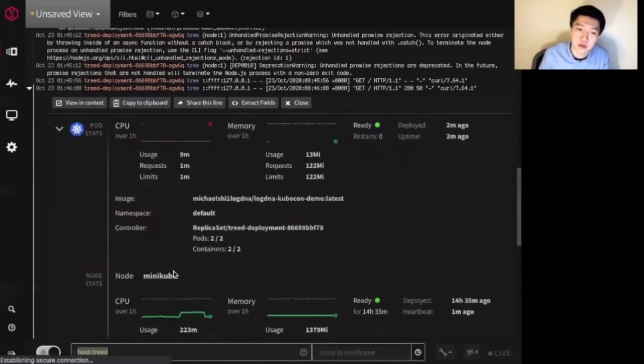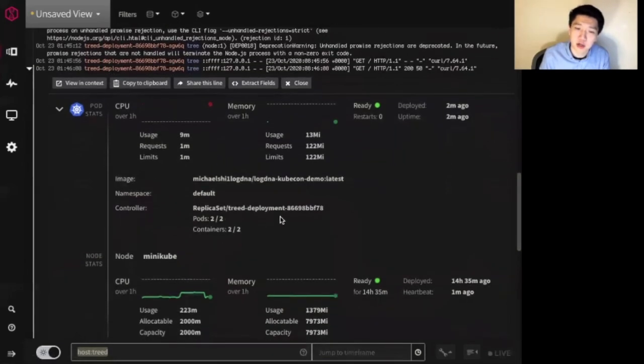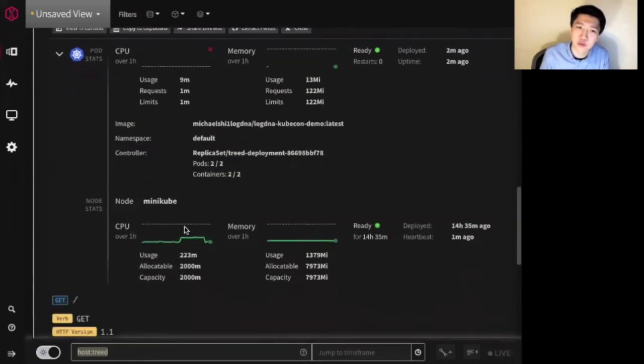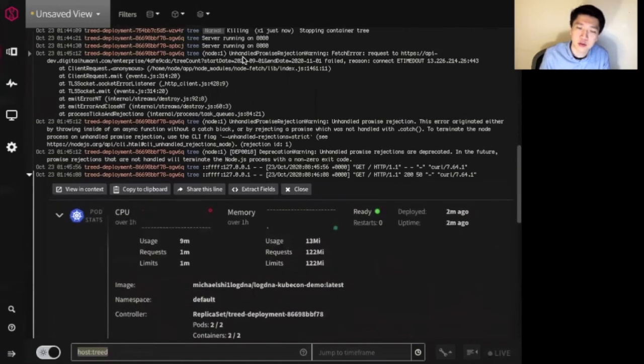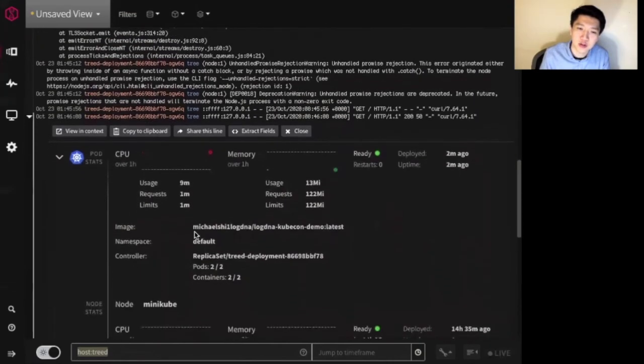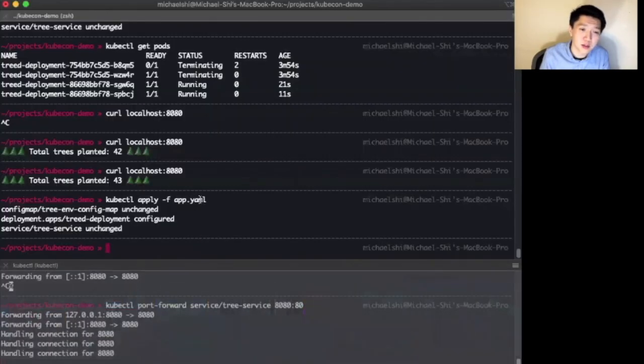It's not slow because there's a noisy neighbor problem in the underlying node, but actually at the application level, there's a couple of issues surfacing up here as the primary problem, and then everything else is looking healthy in terms of the replicas, the ready status of the node, and the pod itself. We just had a supposedly high CPU usage because the request was set a little bit too low. And certainly there's some more interesting stuff to look at here in terms of the unhandled promise rejection that's happening in the API call. But that also seems to be on the API side of things that we have to